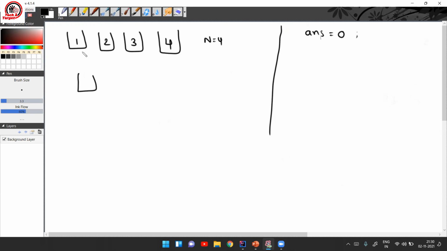Now, first we will add both of these. So what is 1 plus 2? 1 plus 2 is 3. So to put these two chocolates in a single box, it will take 3 seconds. Now the number of chocolates in the new box will be 3, since both of them added together result in 3. So the time taken for the person to put all these chocolates into this particular box is 1 plus 2, which is 3. So to this 0, we will add 3 seconds.